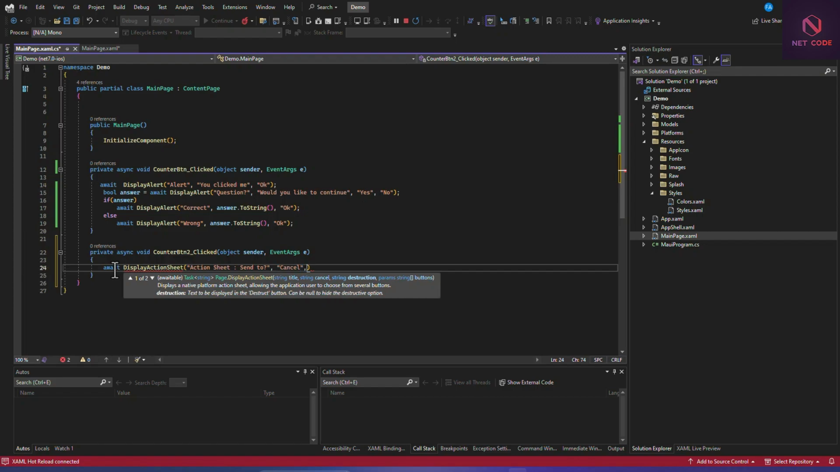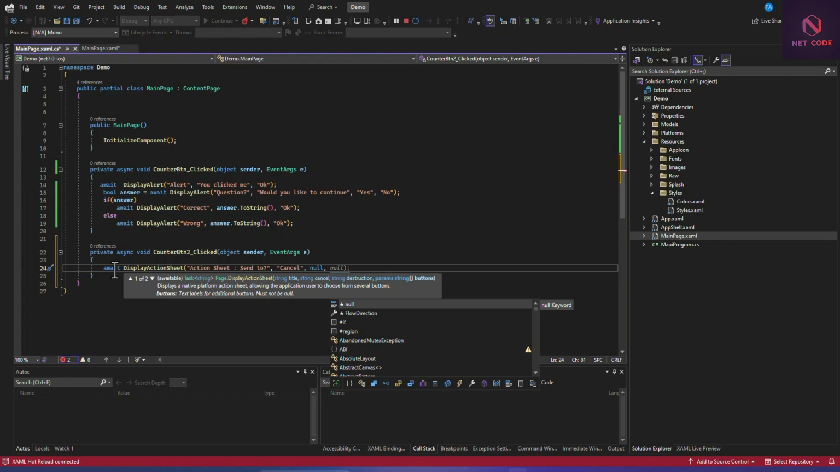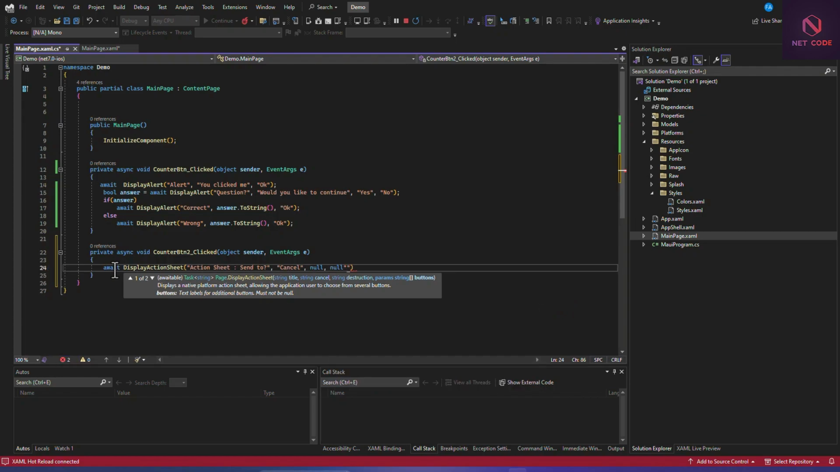Then the next one is the destruction. So with that, we can pass in now, you don't want to distract any. Now the next one here is the labels. So that's the parameter buttons. So which one? Now we can specify the first one as,